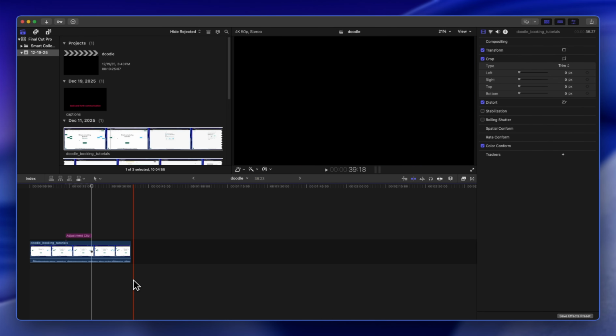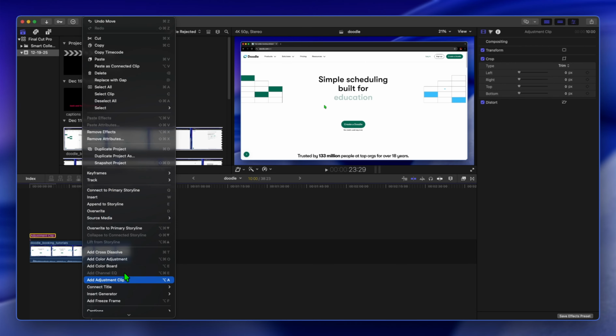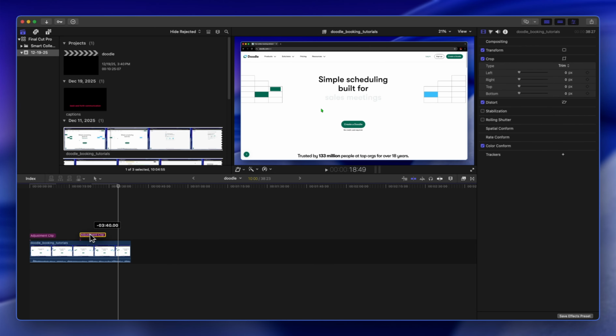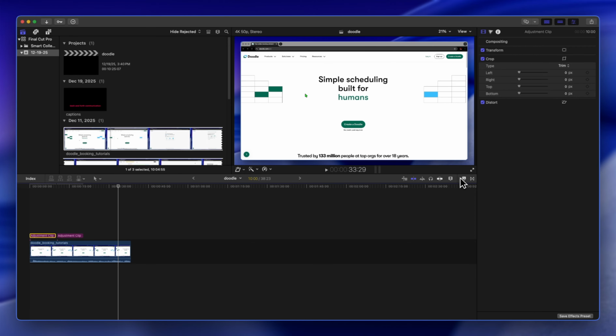clip. Now, adjustment clip is more like a container that will hold your color grading for each part of the clip, so you can have multiple adjustment clips. Add another one, and the idea here is if you want to color grade differently, so you can start color grading with this one, and to do that is you're gonna go to the far right of the editing